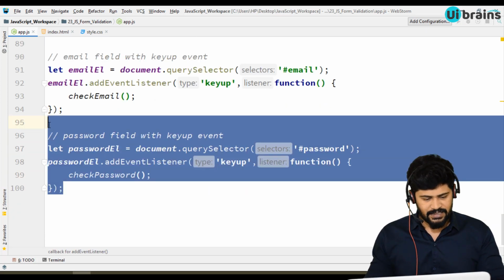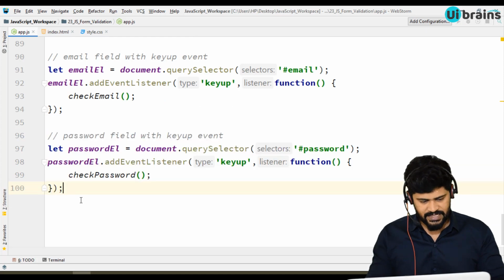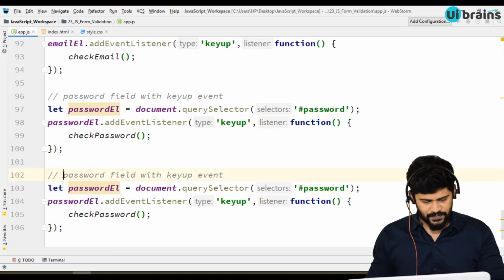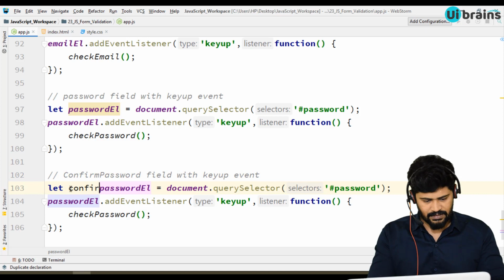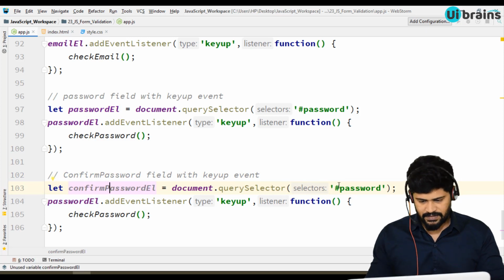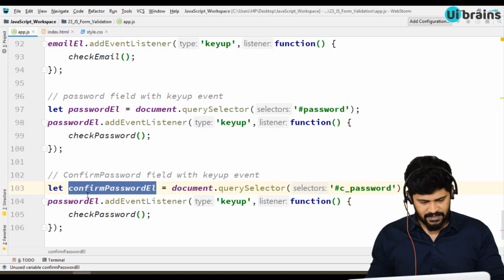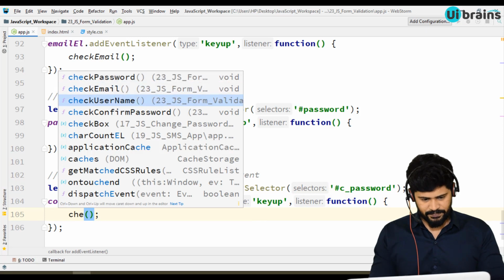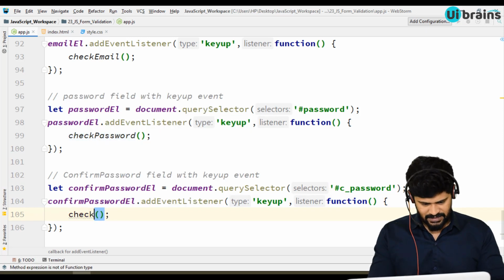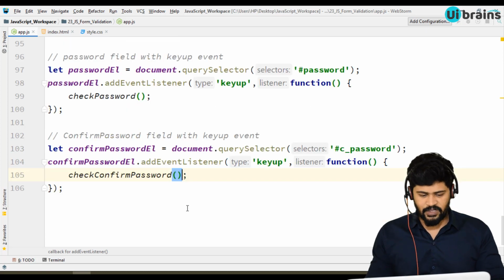One last thing, confirm password. So copy that and paste it. Here, confirm password, the id is c_password, and same element, and the check, check confirm password. Okay, fine. So we made all this.